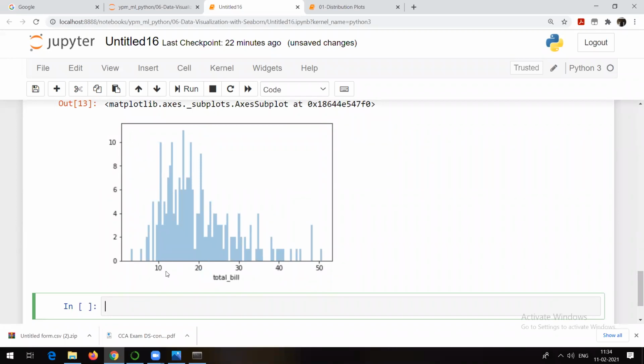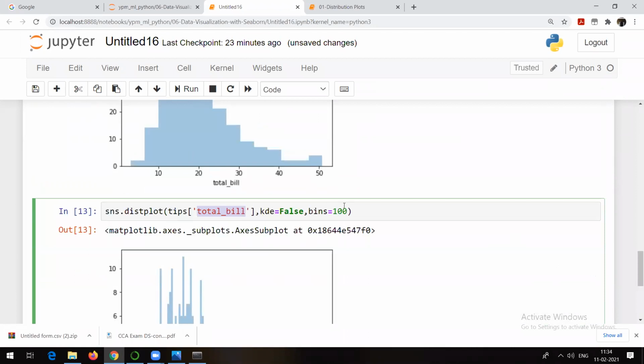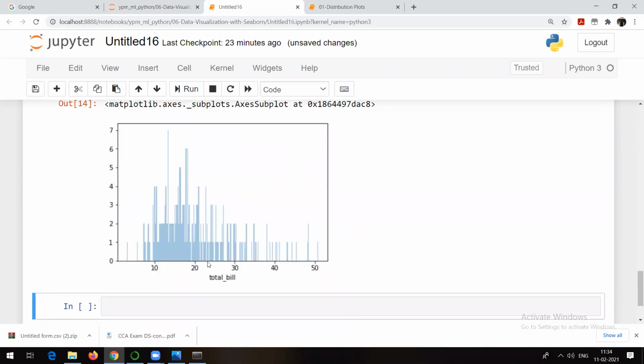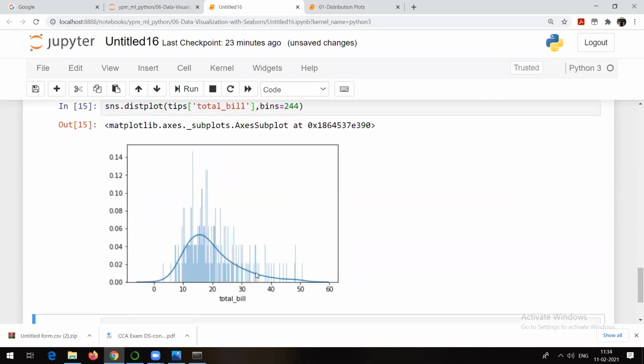That means here we are trying to show each and every record, or most of the records. Most of the records I mean to say, most of the rows, most of the values from this particular total bill column. Or otherwise, see, if I try to show you each and every value, now you will be able to see something like this. And yes, obviously, here if I try to just remove this KDE, I will be able to select the curve also. Now check.